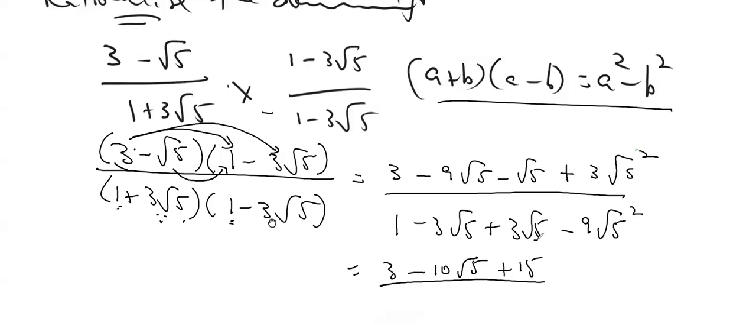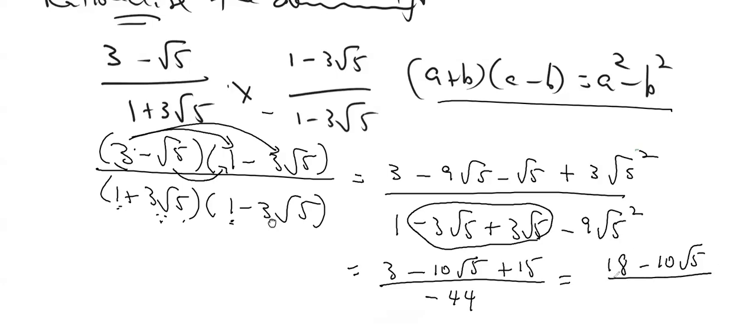Down here, you notice that this part is going to become 0. This is going to become 45, because root 5 squared is 5, and 9 by 5 is 45. So 1 minus 45 will give you minus 44. So now 15 and 3 is 18, 18 minus 10 root 5 all over